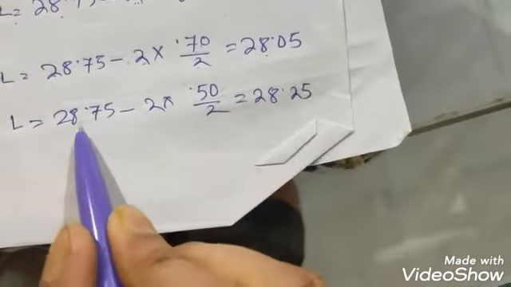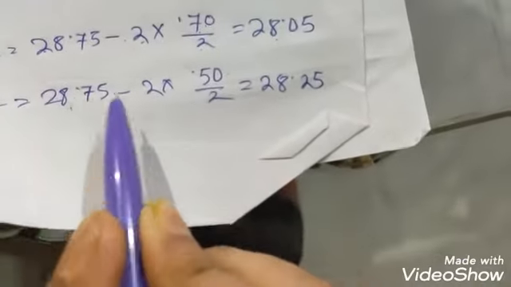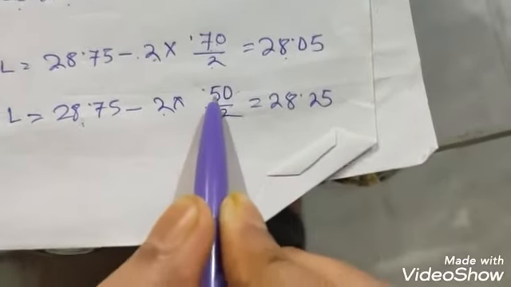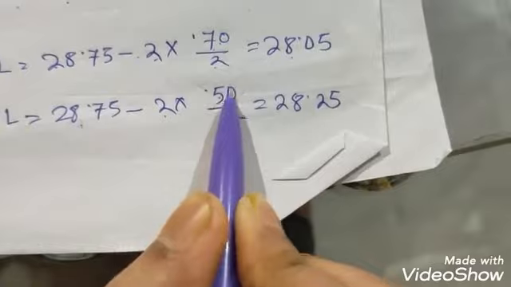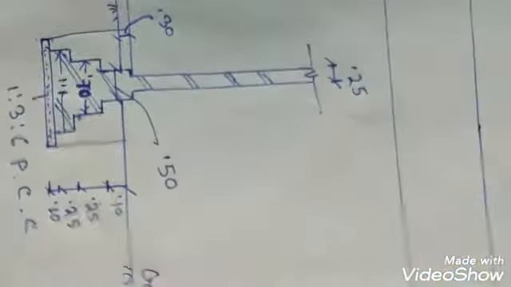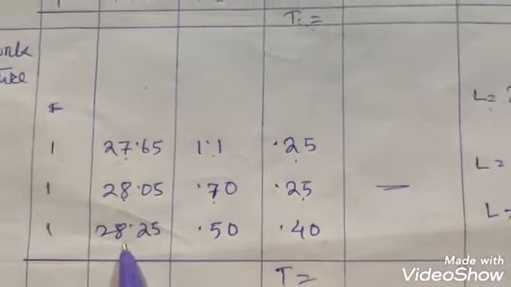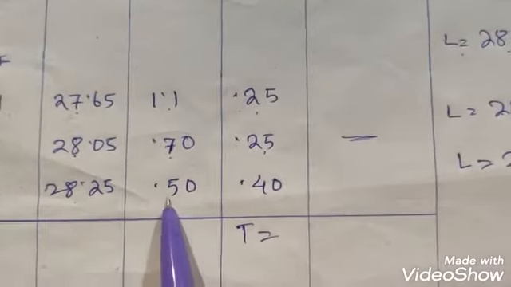For the plinth wall, again, let us find out the length. Center to center length of the walls of the rooms minus number of junction for the rooms into breadth of the plinth wall. What is the breadth of the plinth wall? Breadth of the plinth wall is 0.5. So 0.5 by 2, the length comes out to be 28.25. So under the length column, we will write 28.25. Breadth we have found out to be 0.5.